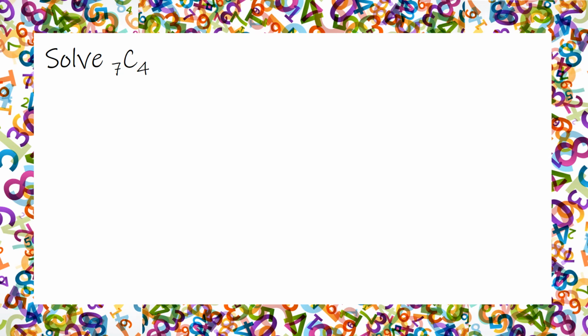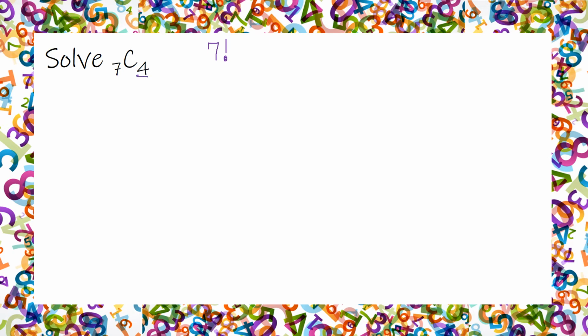So our first problem is solve 7 combinations of 4. When we look at this, we're going to remember that 7 factorial is what we need to figure out how many different combinations of 7 that is. And that's 7 times 6 times 5 times 4 all the way down to 1. But because it is combinations,